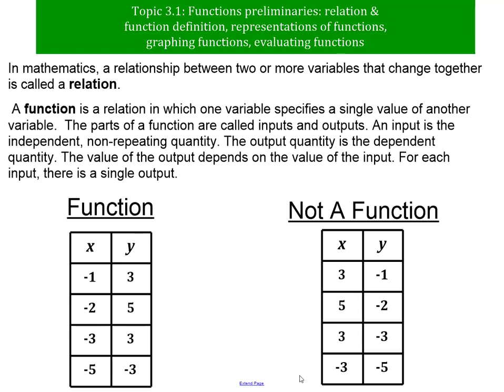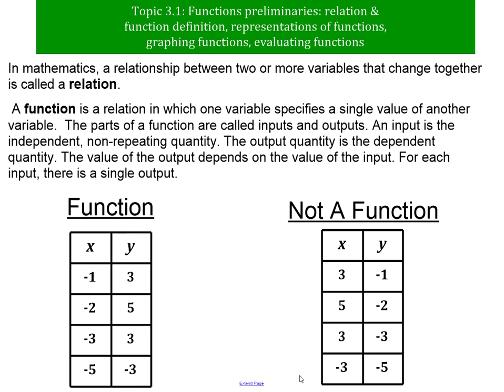An example would be, as you age more, your height increases. So the changing of your age, the changing of your height, these are two variables that interact with each other. That's a relation. Both of these are a function, an example of a function as well too, because they have